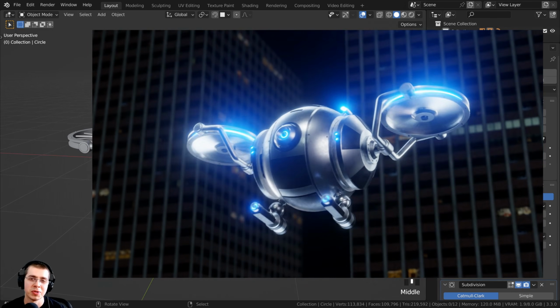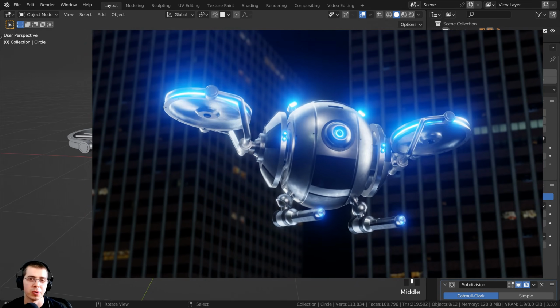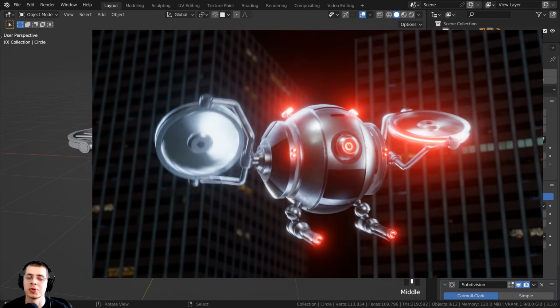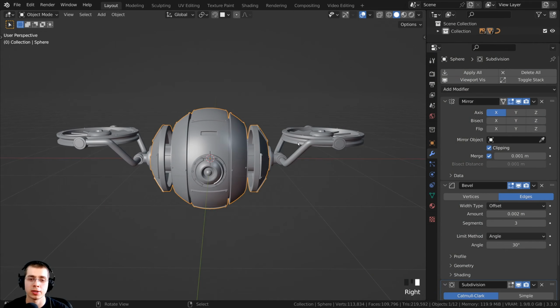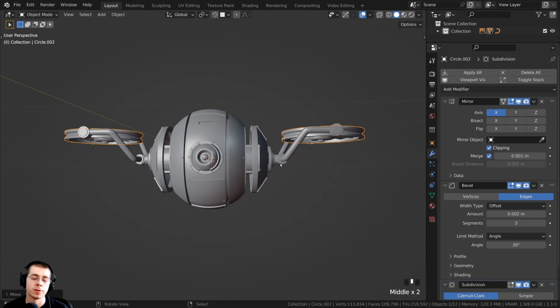Welcome back and welcome to part 3 of this tutorial series where we're creating this Sci-Fi Security Drone in Blender. So in parts 1 and 2 we did most of the modeling, and in this part we're going to finish